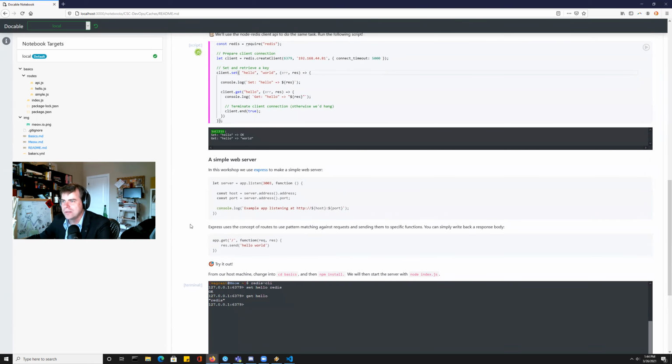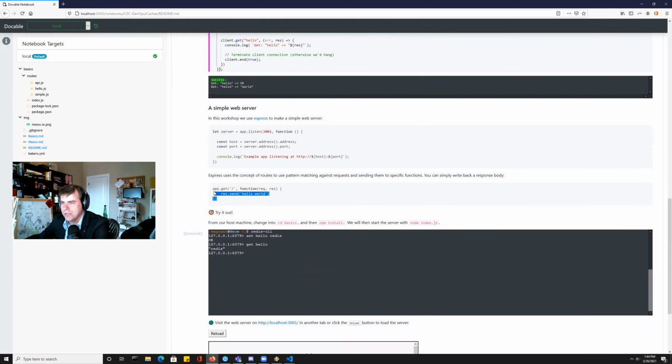So the next thing I want to show you is using an Express web server. Express is pretty convenient in terms of it only takes a couple lines of code to set up a server and get started with doing stuff. But I want to show you what I think is the heart of Express, this concept of routes. And you see that here where it says app.get, and then it has a URL pattern and then a handler function. And so what basically happens is